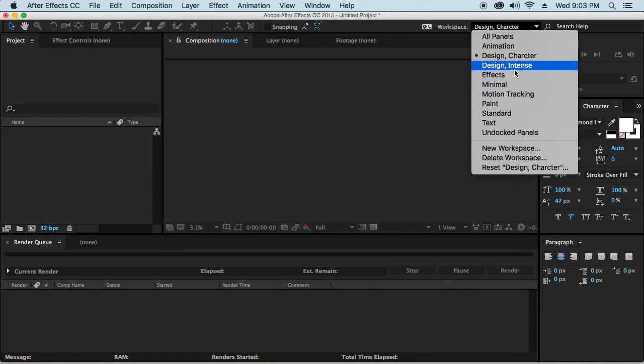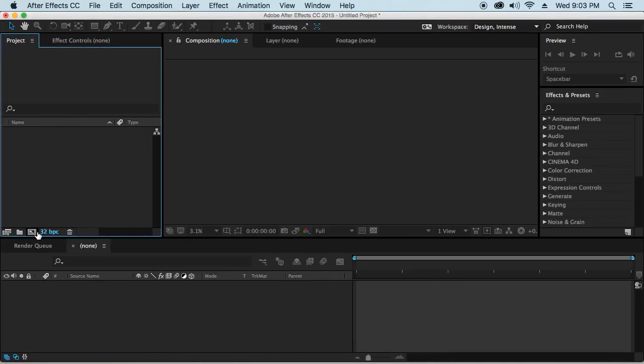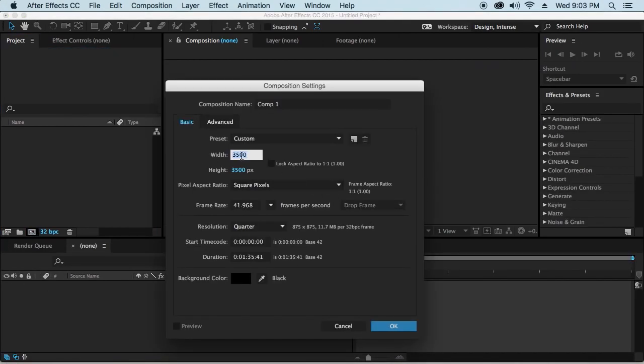Now we did render in 4K, but we're actually going to finish in 1080. The 4K is just to give us a little bit more flexibility as to design and animation. Finally, we'll do the 5-second comp,